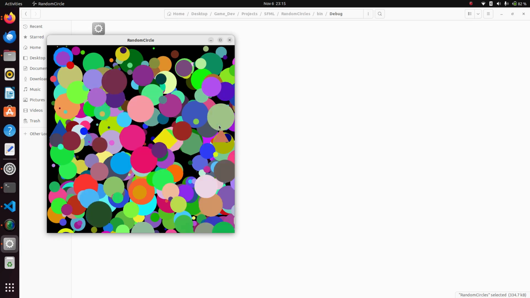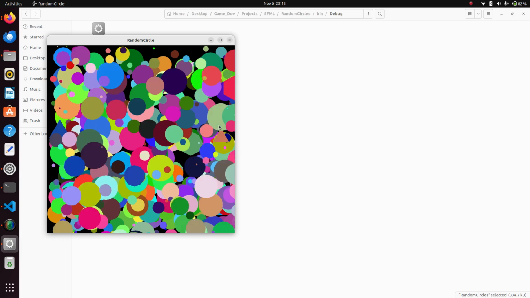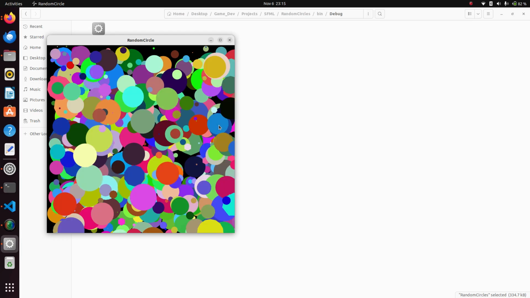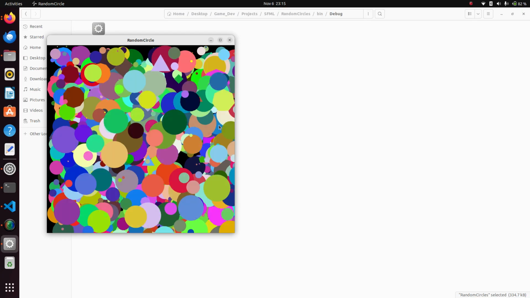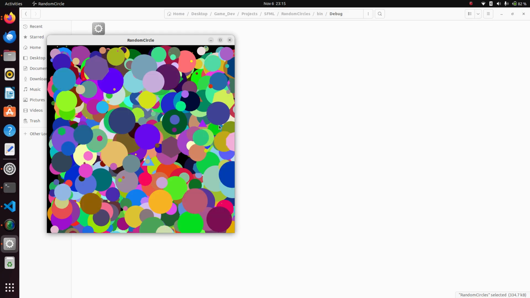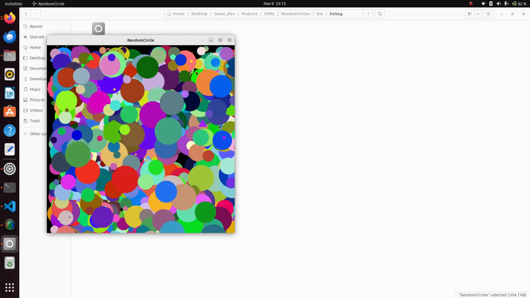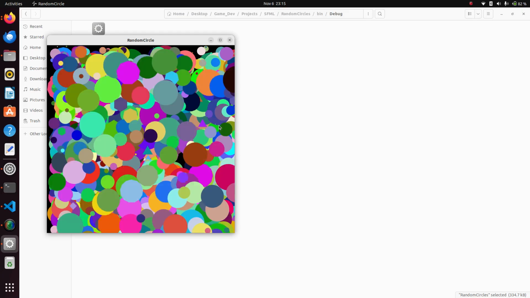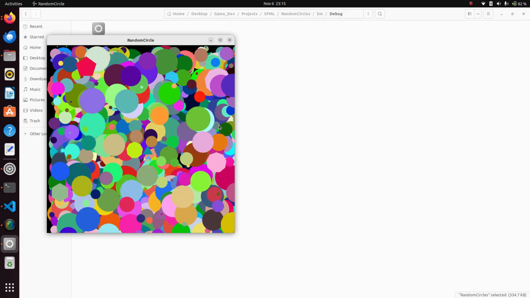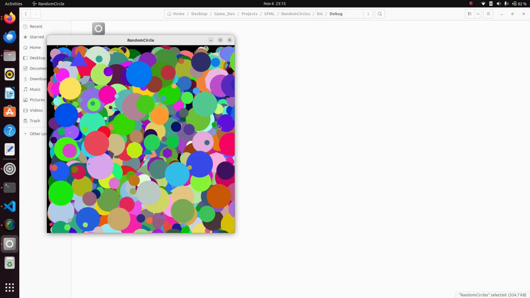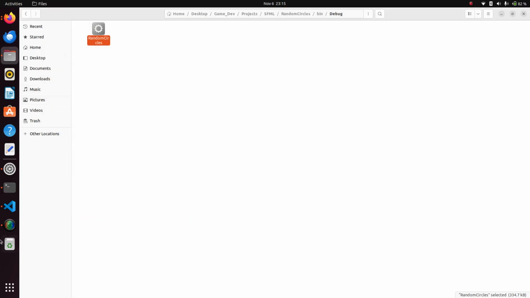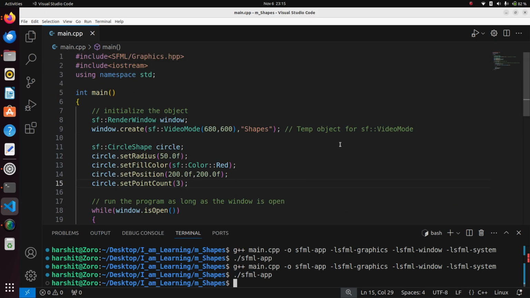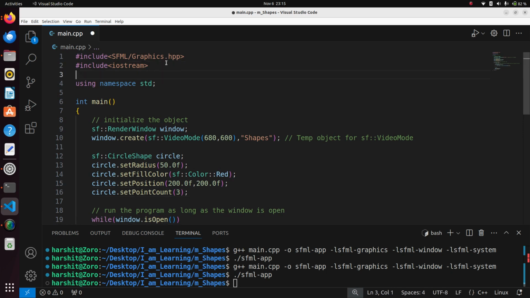So I already showed how we can create an object for a circle shape and what point count can do. If you see, every second almost 60 or 70 shapes are being created. So does it mean we need to define 60 or 40 objects for the same? No. What we can use is a special library of C++